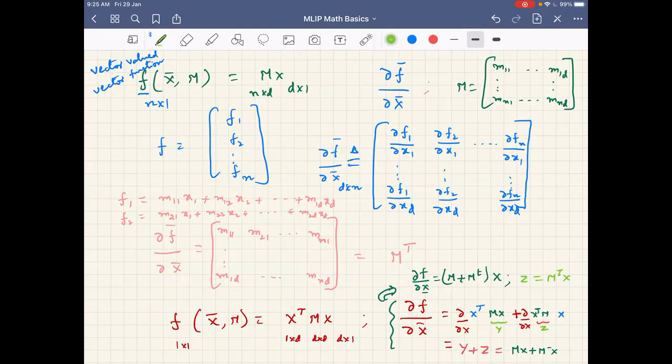See, what I'm trying to figure out is I want to bring it to the form which I can easily differentiate when I have vectors. See, if it is X transpose Y or Y transpose X, then in that case I can easily differentiate. Here it is Z transpose X. So the motive here is rather than bringing it mainly to UV form, the motive is also that I want to bring it into X transpose Y, Y transpose X kind of forms, where I can easily write the differentiations.